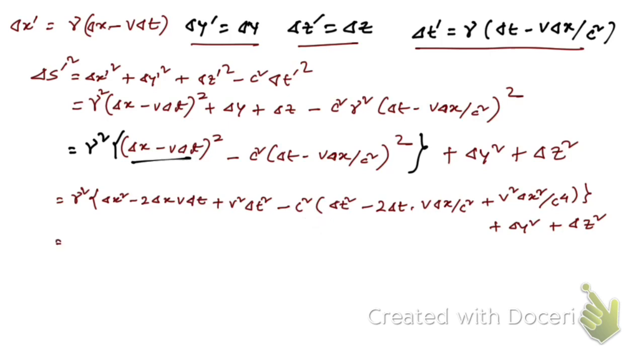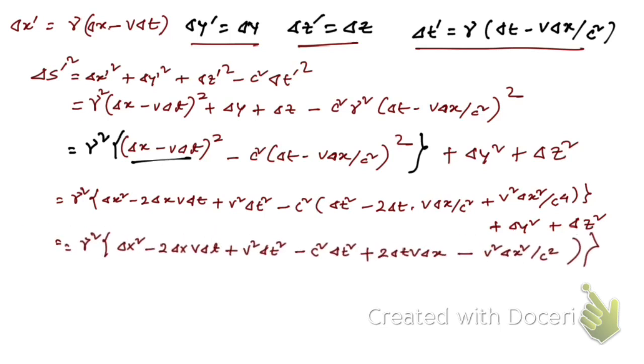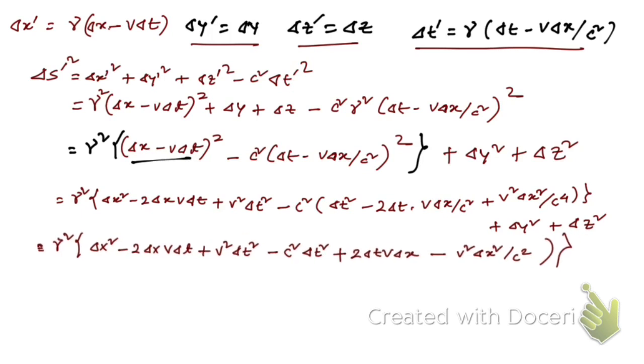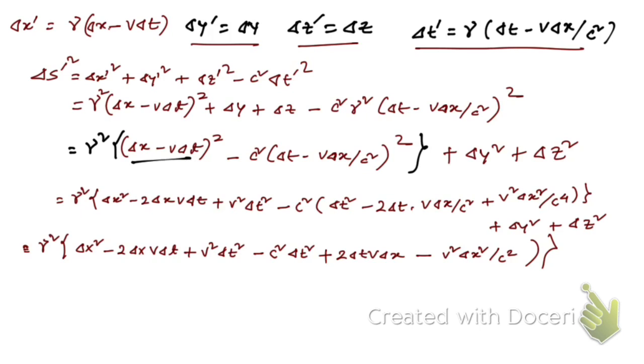So what we're gonna have now, we're gonna get this result, then the remaining terms are, just wait, let me write it properly, and the remaining terms are del y square plus del z square. That's what we have got, right? So here you can see, just give me a second here. Okay,